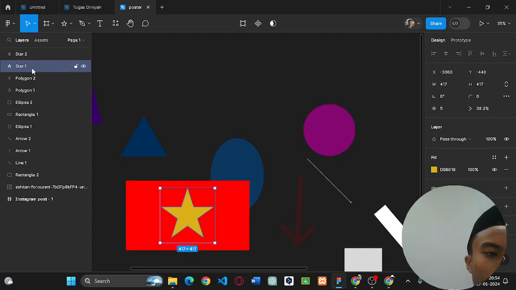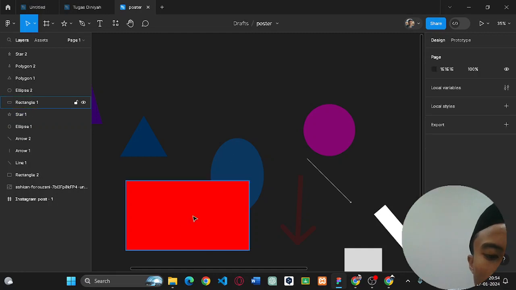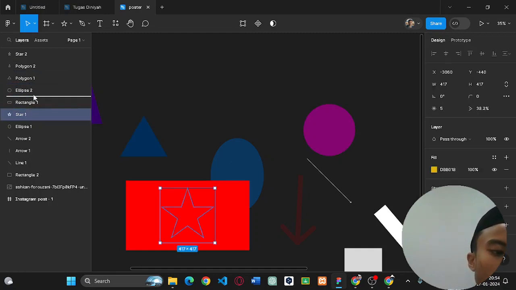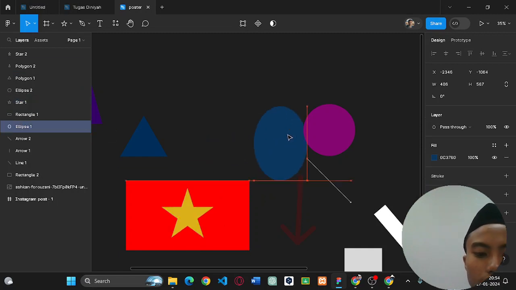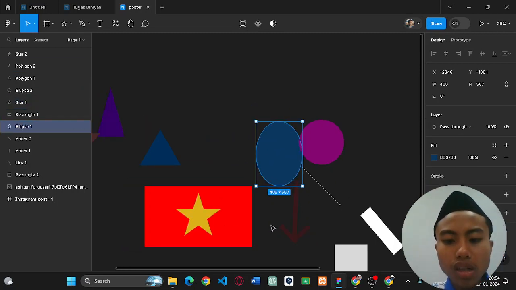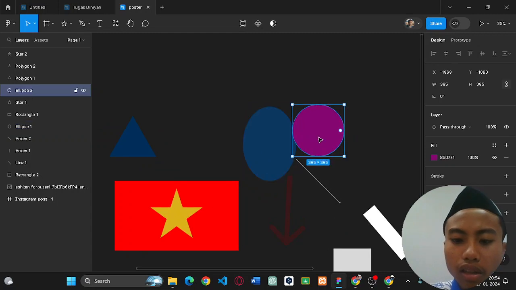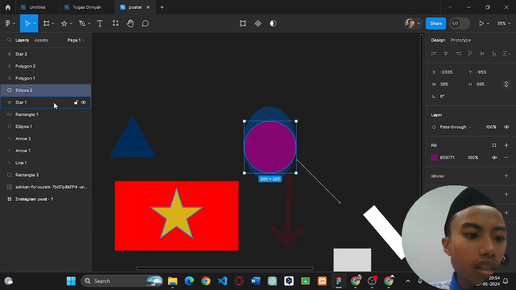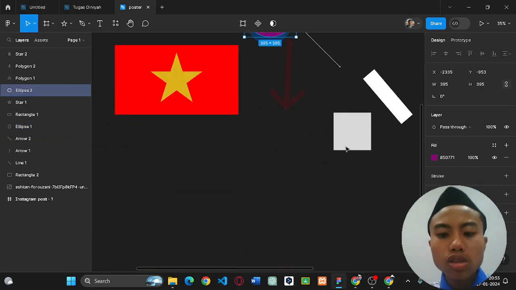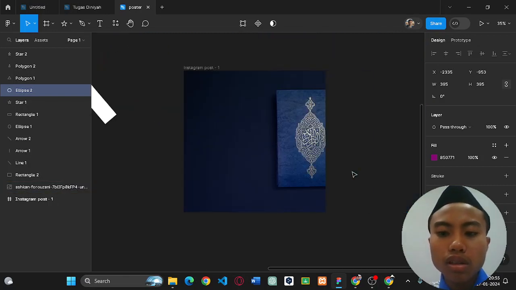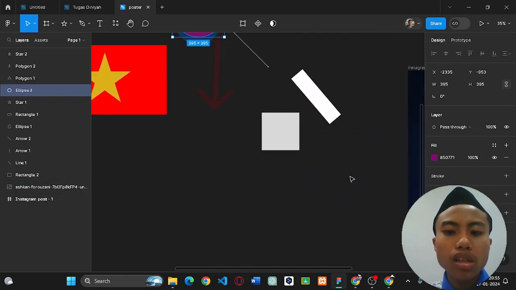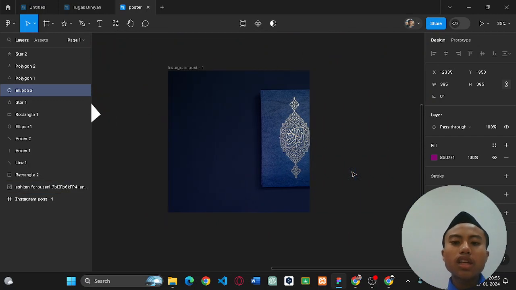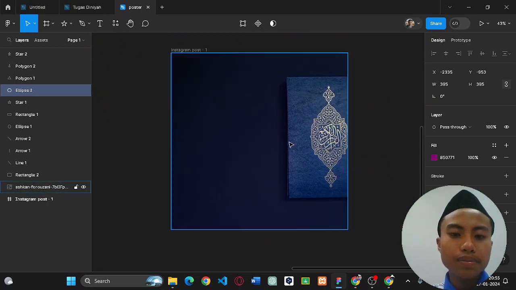If you move star one under the rectangle, boom, you can't see it because it is under the rectangle. Just as simple as that. And you can do something like masking, but it's too complex, so we don't care about that now. Now let's try to make some posters with this.